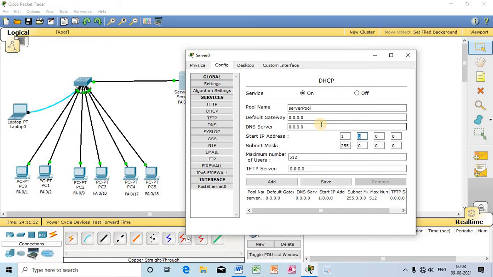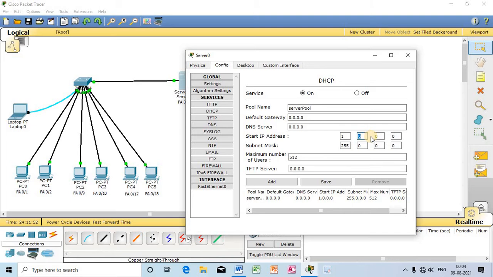This particular DHCP server is nothing but a database. This database will hold a number of IP addresses, and computers which are connected with the server will obtain the IP addresses from this particular database. So I will create the database.